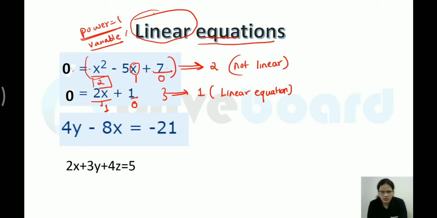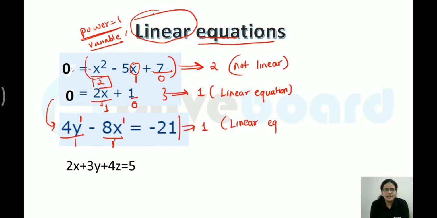Now can you observe what is the difference between these two? Here, this term has a power of 1. This is also having a power of 1. So the maximum power here is 1. Can I say this is also a linear equation? Yes, you are absolutely right. This is also a linear equation. But what is the difference between them then? Here you have a linear equation in one variable, because you just have one variable, that is x.